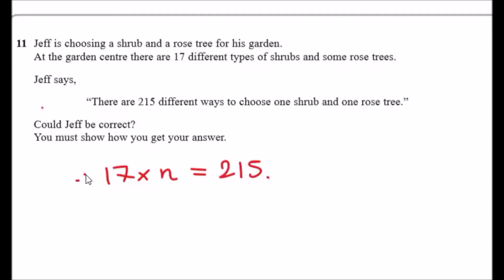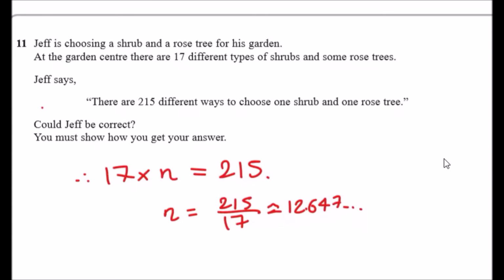Okay, and for this to be correct, n has to be a whole number. That's the only thing that would make sense. So let's work this out. Dividing 215 by 17, what does that give us? Well, I did it, and you get a weird answer. You get